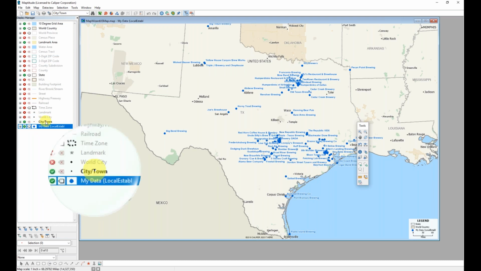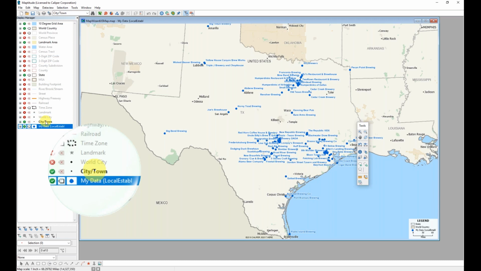Finally, in the Display Manager, you'll see that one of the layers that is visible, having a green check, also has the layer name appearing in bold. Just like in a book, when there are many chapters, you're only reading one chapter and at that one page at a time. In Maptitude, the layer that you are interacting with is indicated in bold so that you can easily keep track of the layer that is having